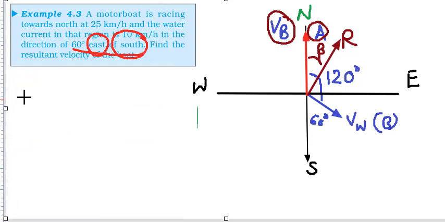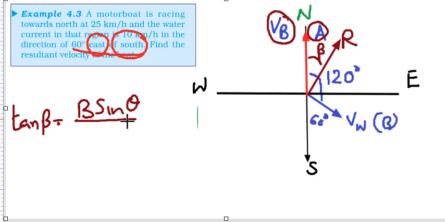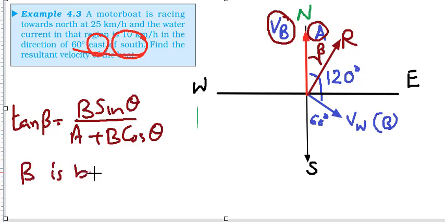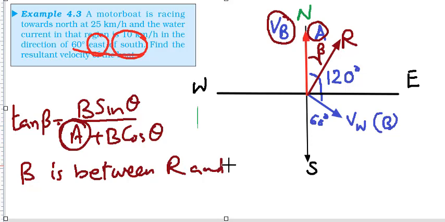Equation for calculation of angle is given by tan beta equal to B sin theta divided by A plus B cos theta. So beta, you can see that what is beta? If you write this equation, then beta represents the angle between R and this vector A. R and A. So that is what marked here as beta. So calculate that one. Okay.